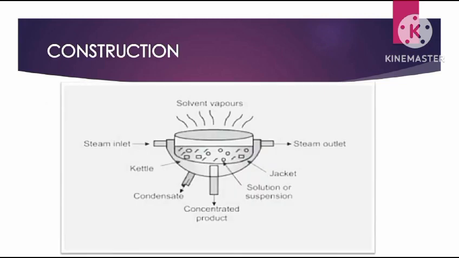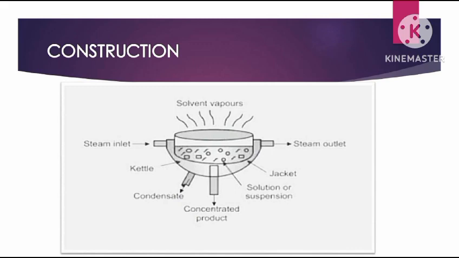Construction of steam jacketed kettle. As you can see, it is a hemispherical structure and it consists of an inner pan known as a kettle, which is enveloped with an outer pan called the jacket. The two pans are joined to enclose a space through which steam is passed. For smaller quantities, the kettle is made up of a single sheet of metal, and for larger capacities, several sheets are welded. Because of this arrangement of kettle, jacket, and the space of steam flowing, the equipment is named as steam